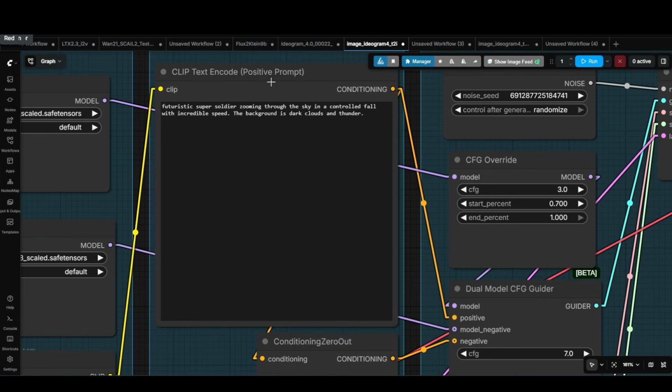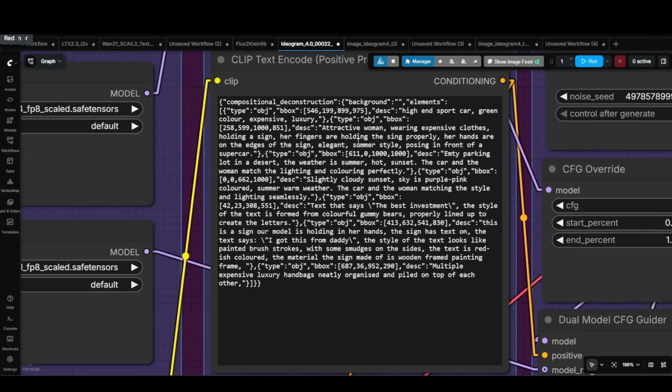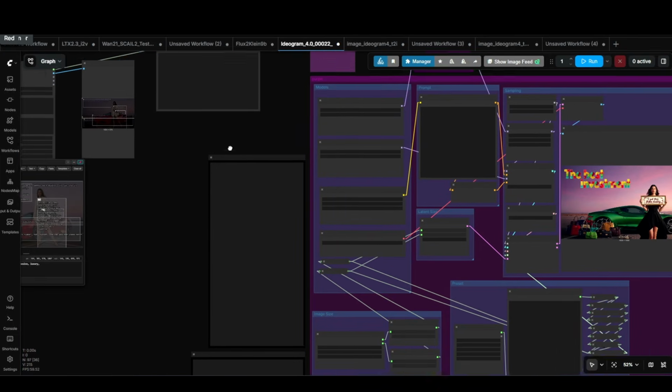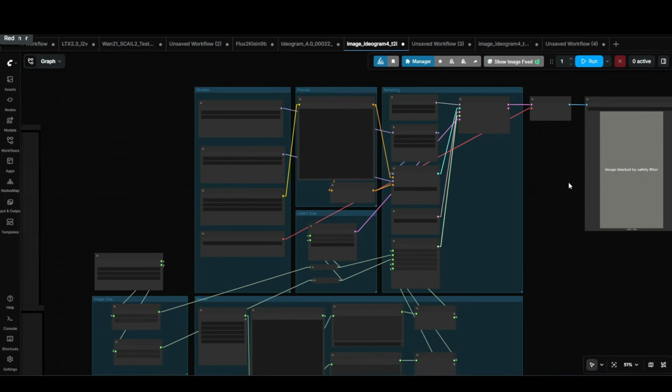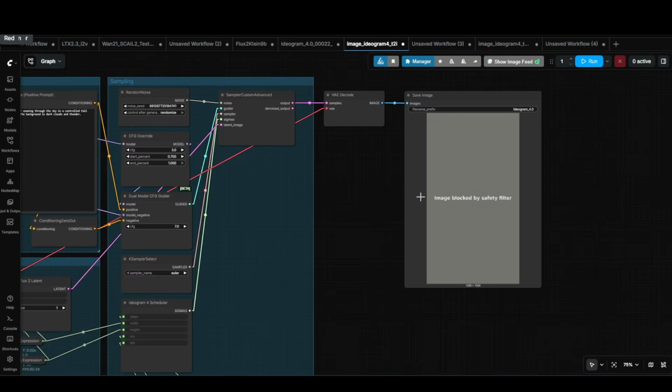First thing that I noticed is that you can't use normal prompts. That's just a fact. With this model, you need to use something called JSON style formatting for the prompt. That's why you have this KJ node here. Make sure that you have that, because otherwise you're going to have all these stupid image blocked by safety filter